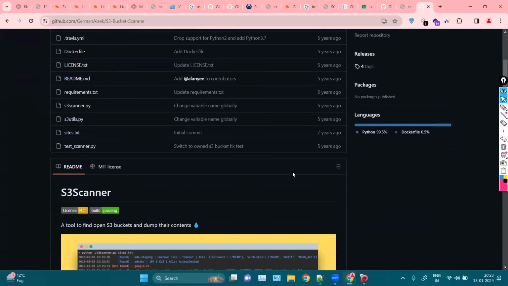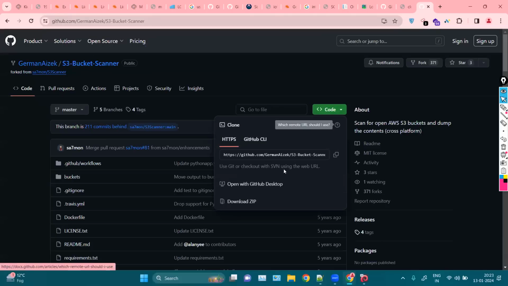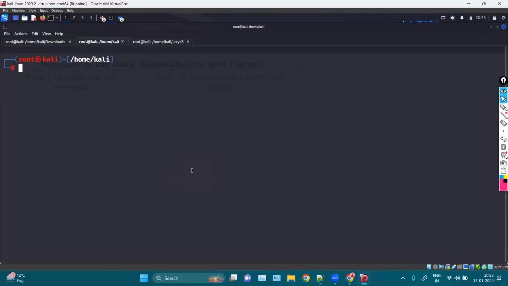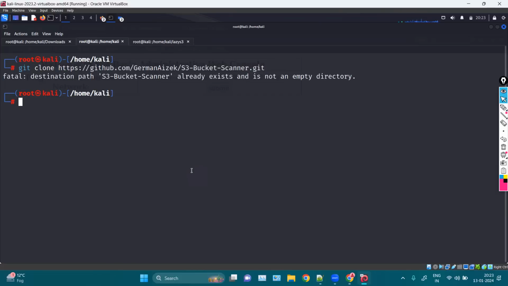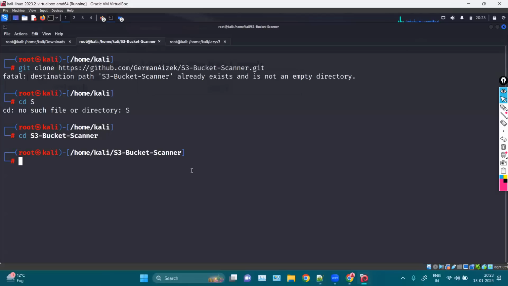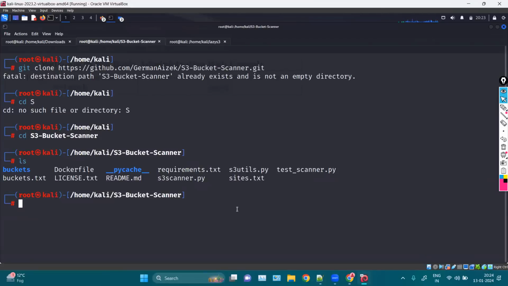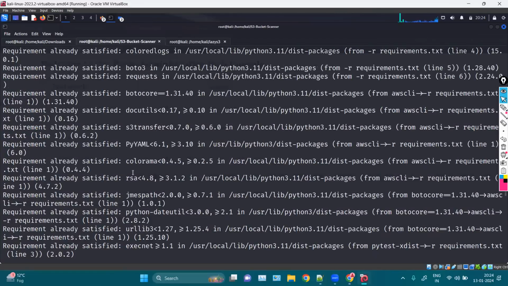Now this is made up of Python. So simply click on code and click on copy here. And here we can mention git clone again, and you can mention the URL. CD into S3 bucket. Now we have to install some requirements. So apply python3 -m pip install the requirements, which are the Python libraries